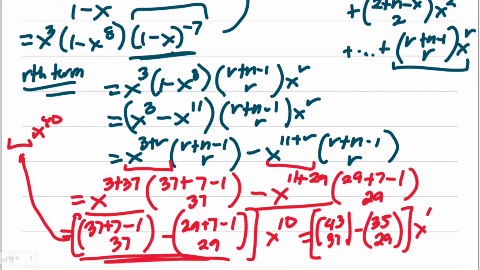That's very large, right? This is already okay if you're going to answer in combinatorial form, or you can even simplify it further if you would like to, but I think it's very large. 43 combination 37 minus 35 combination 29. Yes, it's very large, but if you would like the exact value, it's actually